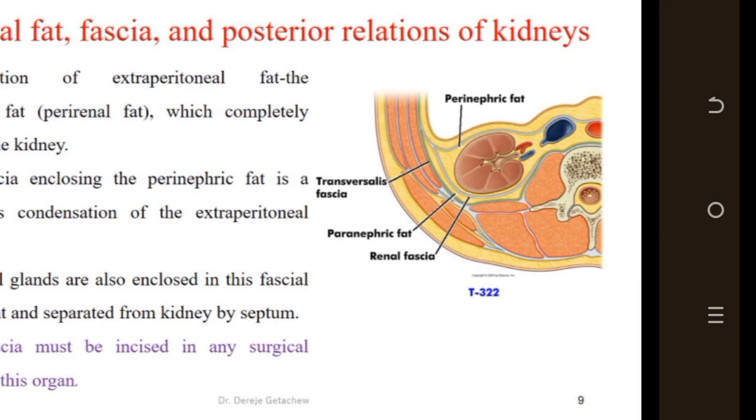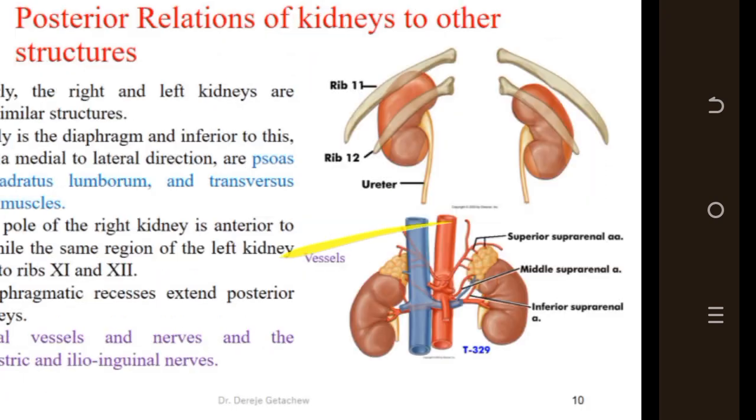or adrenal glands are enclosed in this fascial compartment, and they are separated from kidney by septum. So in order to access this organ, the renal fascia must be incised in any surgical approach. When you see the posterior relations of kidney to other structures, posteriorly the two kidneys are related to similar structures. Superiorly is the diaphragm, and inferior to this, in the medial to lateral direction, are the major muscles, quadratus lumborum, and transversus